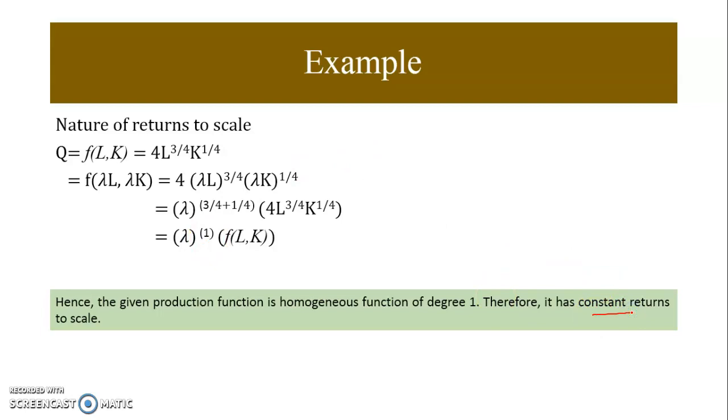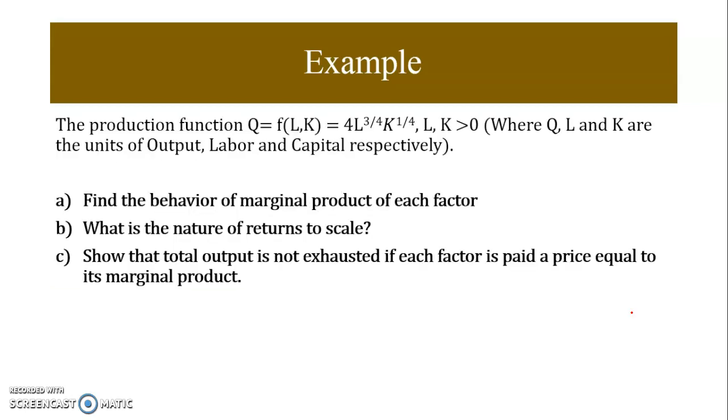If it would have been negative, then we would have said that it is decreasing returns to scale, or if it would have been greater than one, then we would have said that it is showing increasing returns to scale. Simple. Now the third part is that show that the output